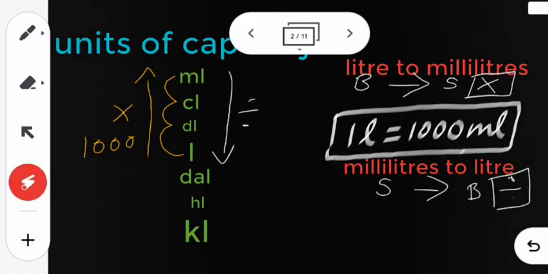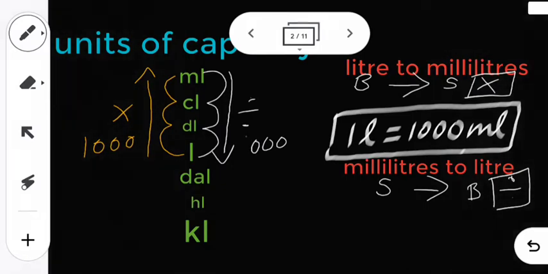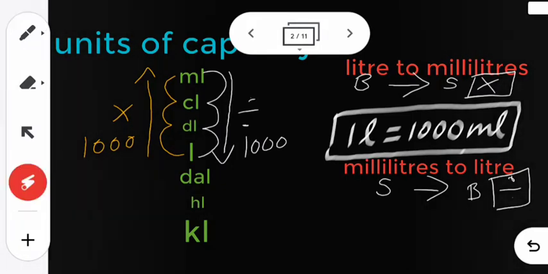Now by which number to divide? See here, milliliter to liter, you are coming 3 steps. 1, 2, 3. You are coming down 3 steps. So when you come down 3 steps, it is 3 zeros. The number with 3 zeros is 1000. So that means you have to divide by 1000. Divide by 1000. So the formula will be,